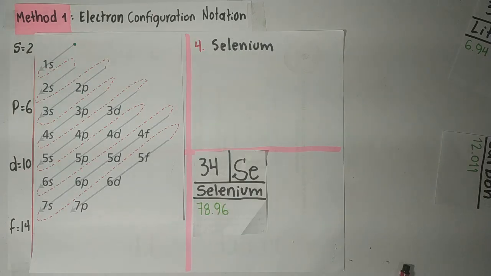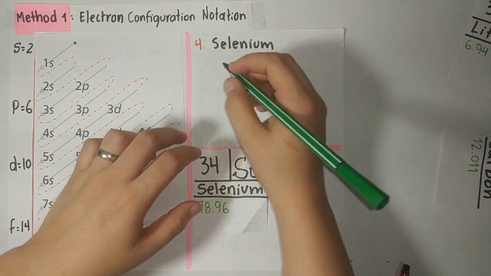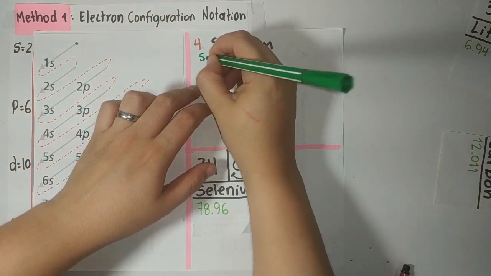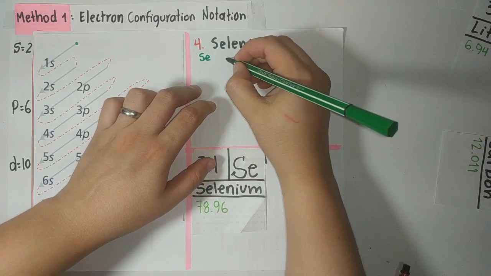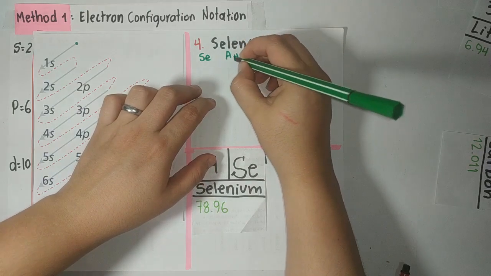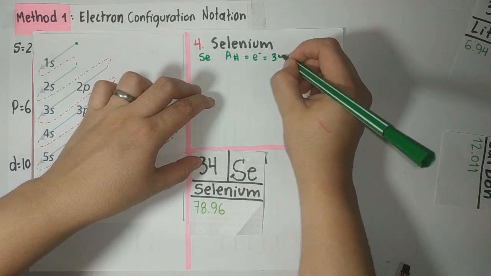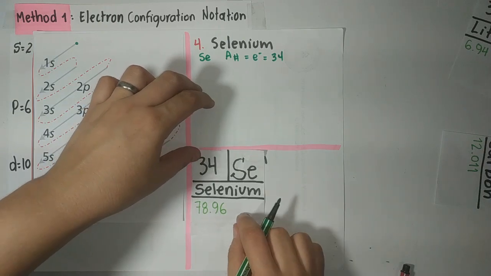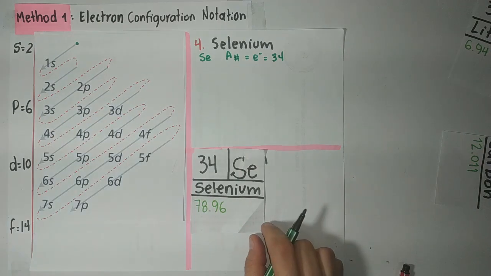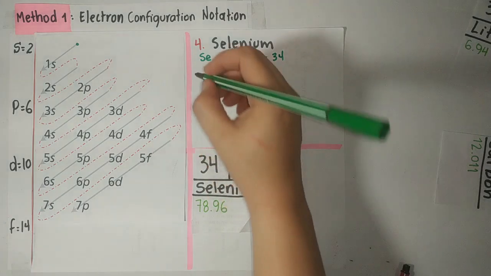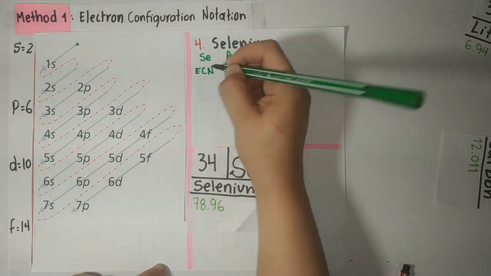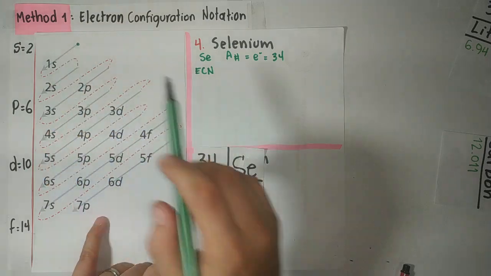Now for selenium, as you can see, we have a number that is a little bit greater. So we start by doing the same. We have the symbol that is Se, and we have the atomic number that is equal to the number of electrons, that is equal to 34. Now, we start by writing the electron configuration notation first. We always start here, and we say